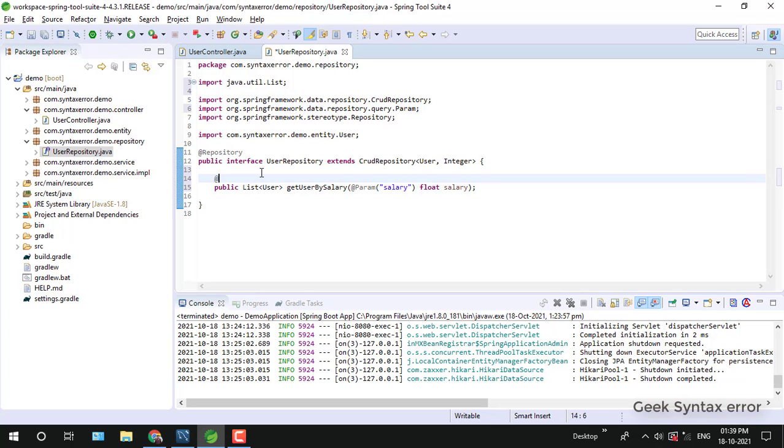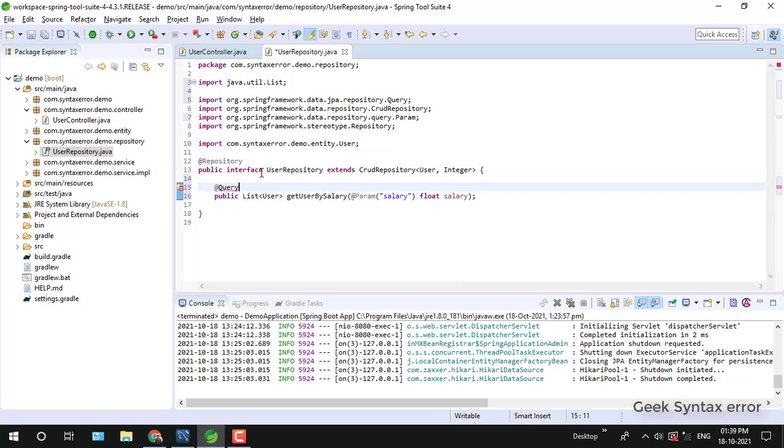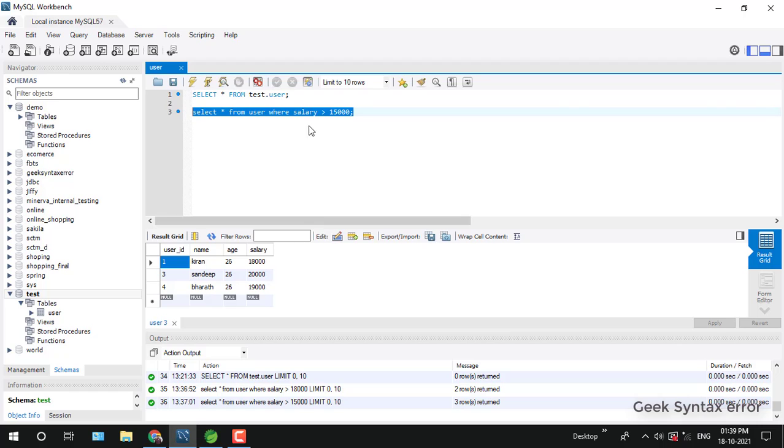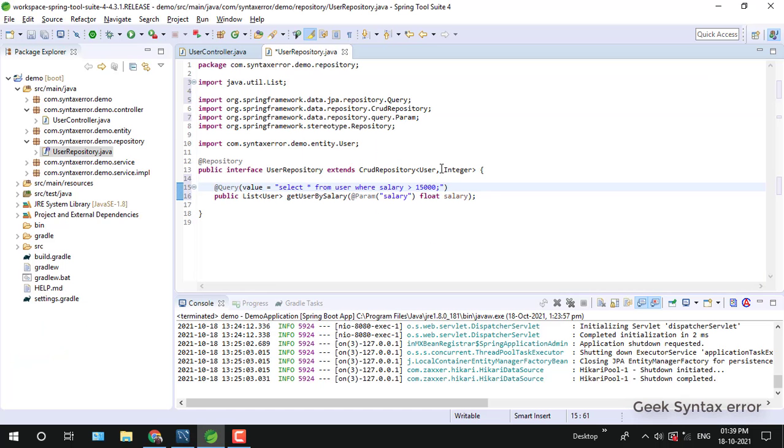We have an annotation in CRUD repository known as the @Query annotation. If you use that, we can write a native query in it. This @Query annotation accepts two parameters. One is the value, which is nothing but the SQL query which we need to enter. So this is the SQL query.